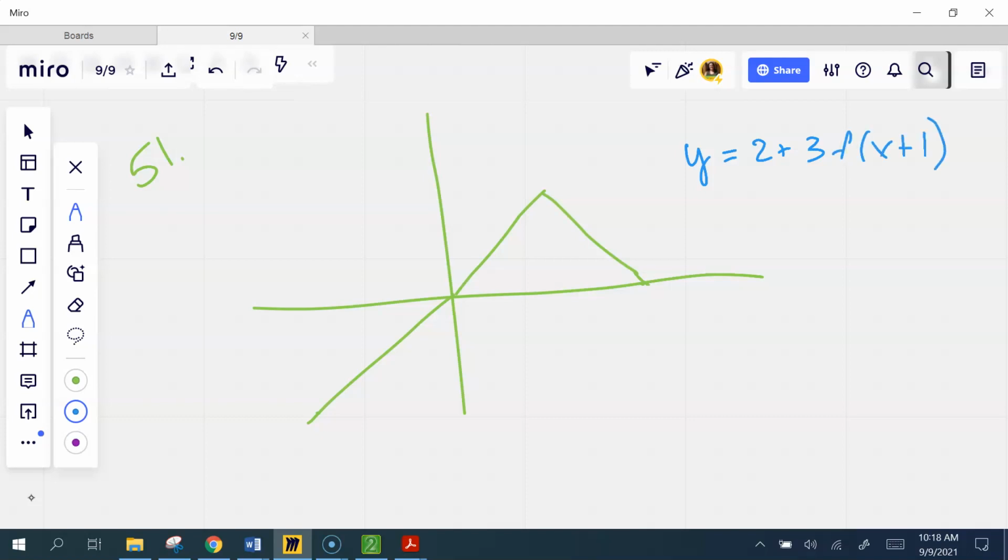Now, we talked yesterday a little bit about the order that you need to do things in. And if you think about the way order of operations goes, it's a little bit easier to see whenever you write it in this form because I do what's in parentheses first, then the multiplication, and then the shifts up and down. So I'm going to go left, right first. Okay, so I would start actually with my